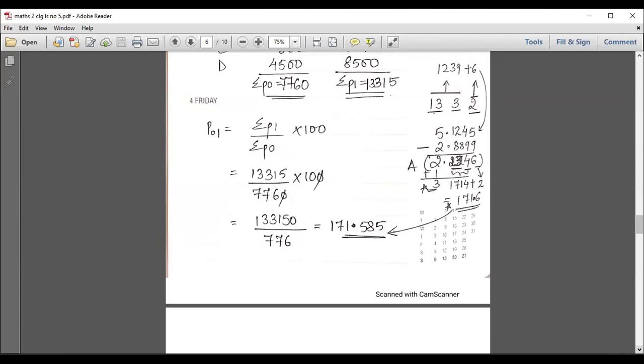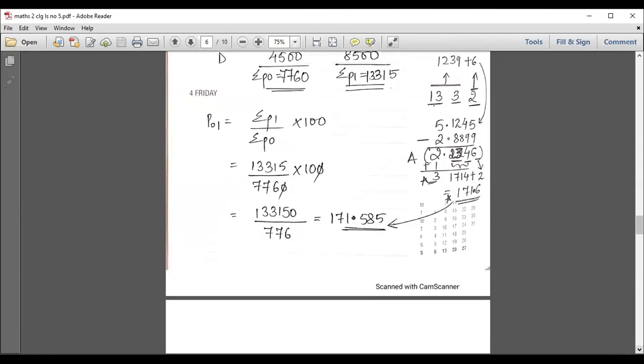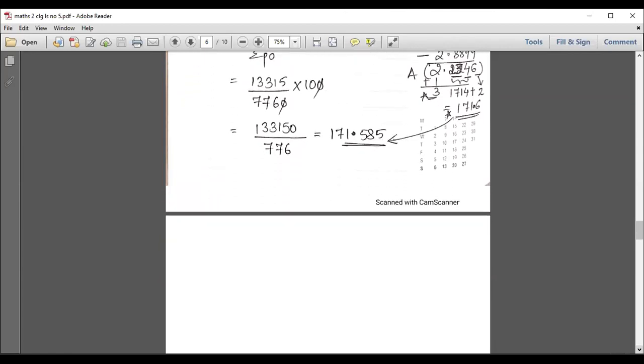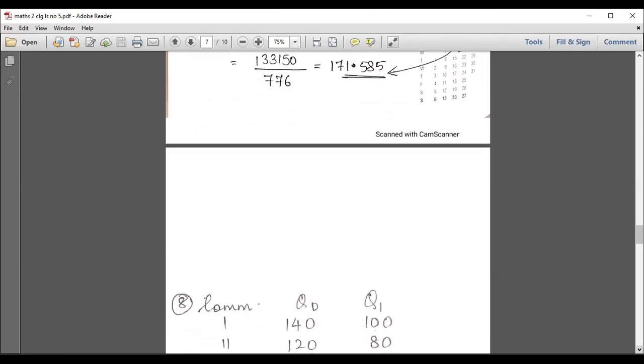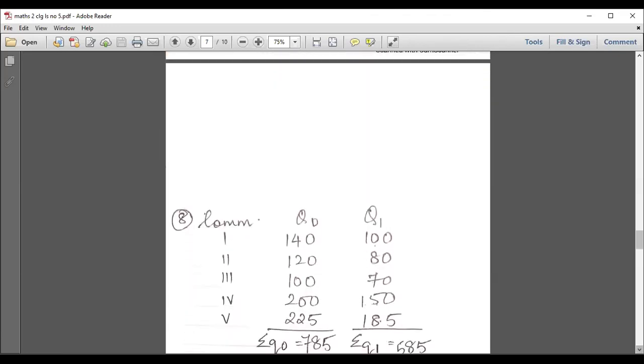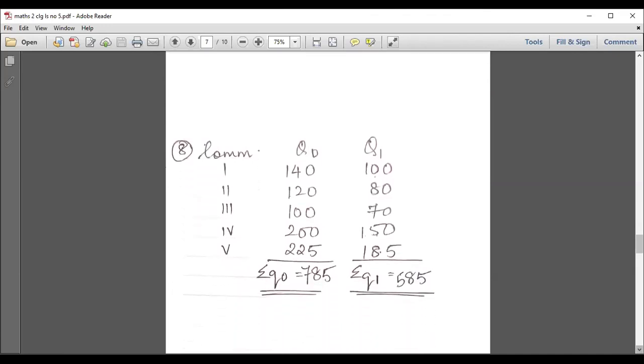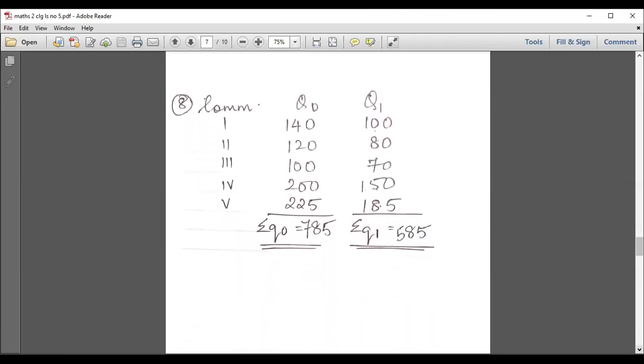100%. So quickly tell me, what is the first step? Totaling of base year price, totaling of current year price. After that, putting the formula. What is the formula? Everybody repeat after me. Summation P1 upon summation P0 into 100. Then last is finding the final answer with the help of log table or normal division, whatever you prefer. That is up to you. So directly you can see I'm coming to sum number 8. So 5, 6, 7 can be your homework. You can practice and see whether you're getting the answers or not.